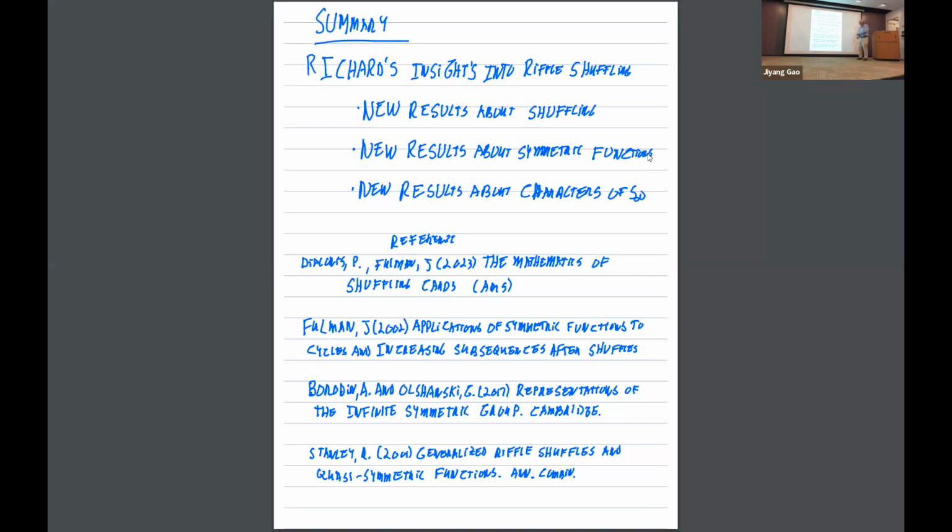And finally, Richard's paper appeared 20-something years ago, Generalized Riffle Shuffles and Quasi-symmetric Functions. I think all of us are indebted to Richard. This is one of the many ways that I